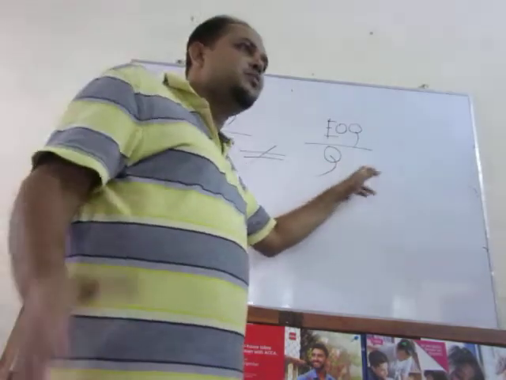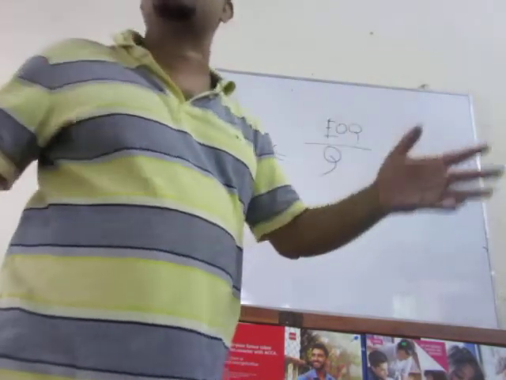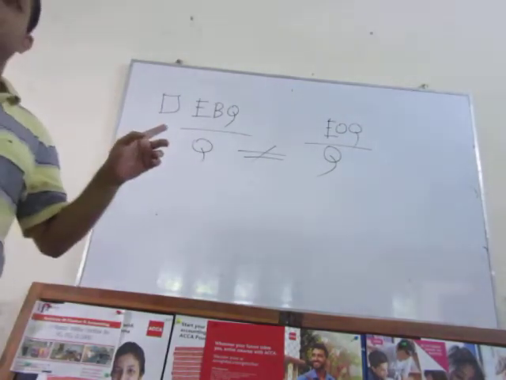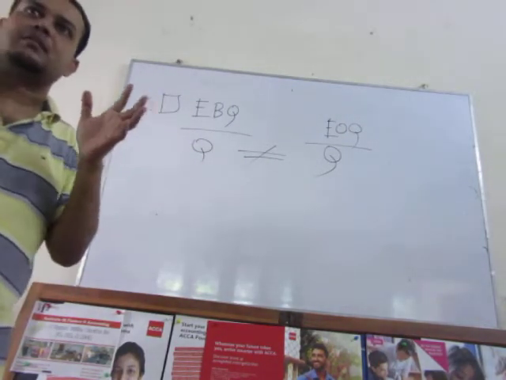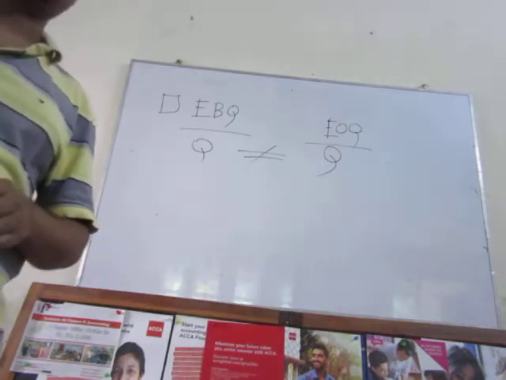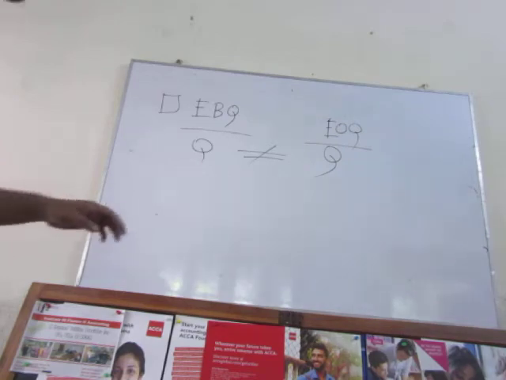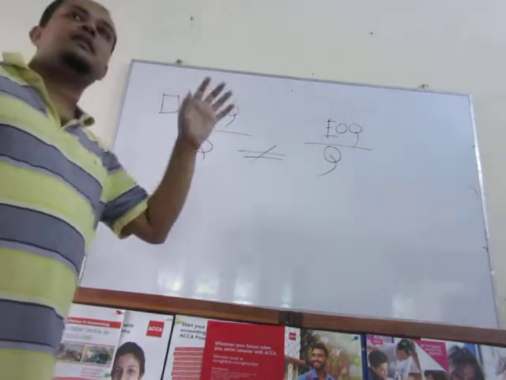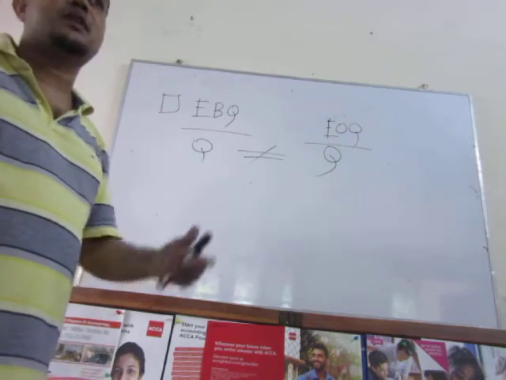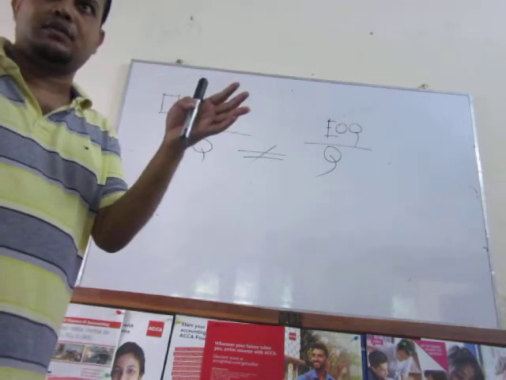Here our intention is to minimize the total annual stock related cost. But here the intention is to minimize the total manufacturing cost. So EBQ, economic batch quantity. What do we mean by this? Economic batch quantity provides you that much quantity which is to be manufactured within a lot.